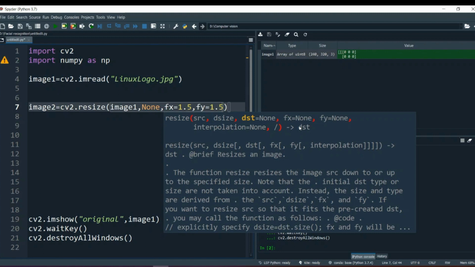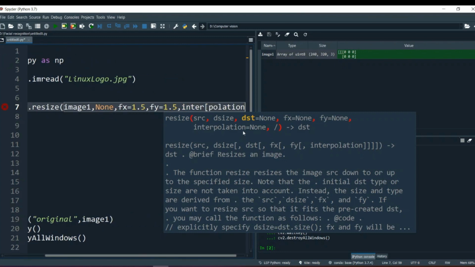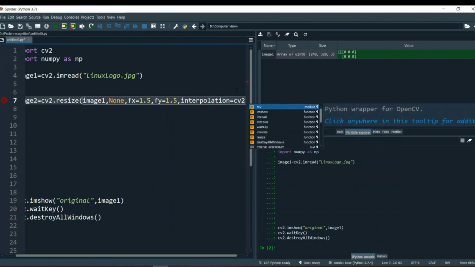Okay, then the last argument is interpolation. So interpolation will be equal to cv2 dot